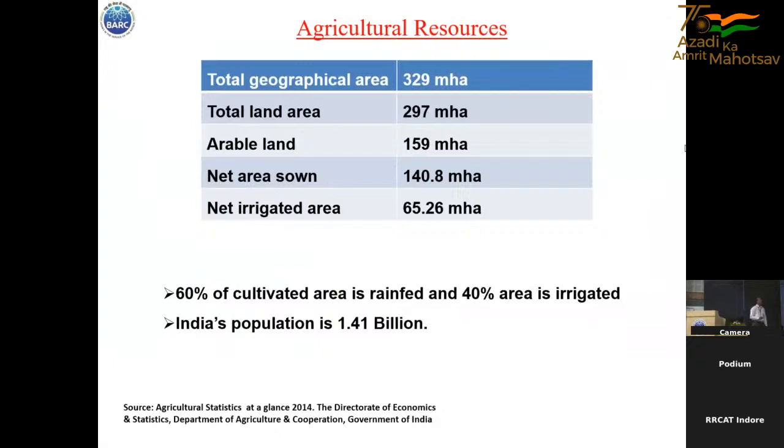The area is limited, so we have to produce more and more from the same given area. That is the reason I have shown that our agricultural resources are limited, but our need is more because our population is increasing. Right now we are 1.41 billion. It came from 1.5 billion to 1.41 billion over the period, and accordingly we have increased our food production also in